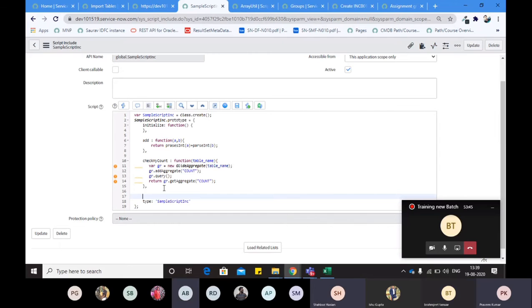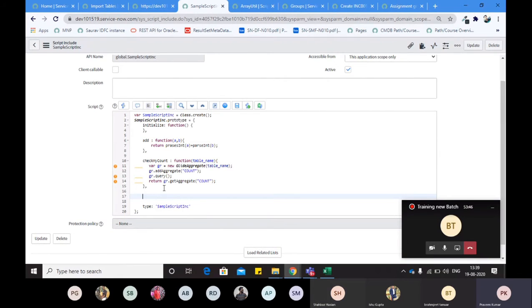Yes, Praveen. Now let's attach it with the advanced reference qualifier. How to attach with the advanced reference qualifier? For example, let me have it advanced.